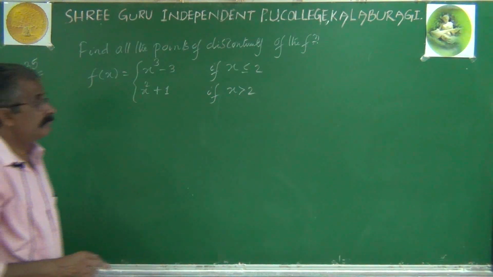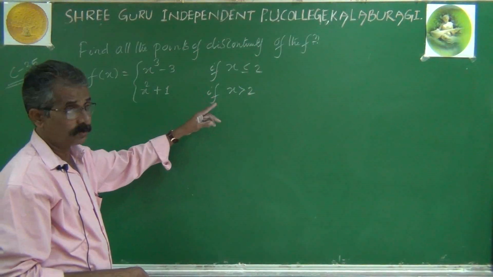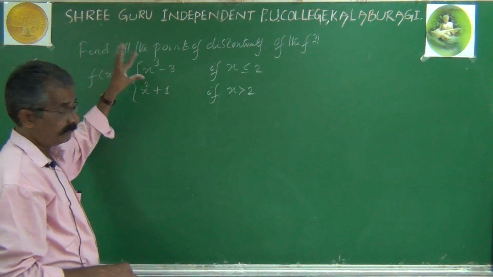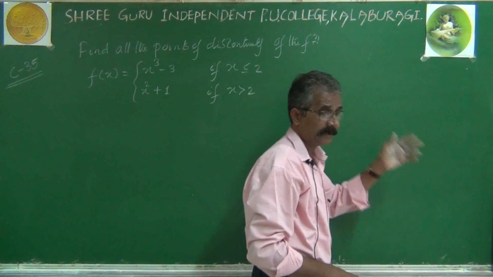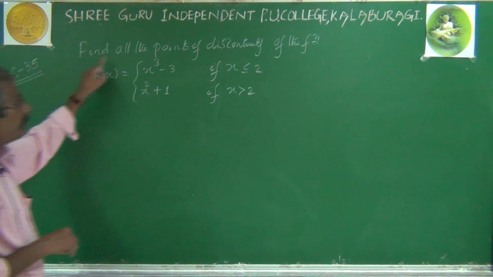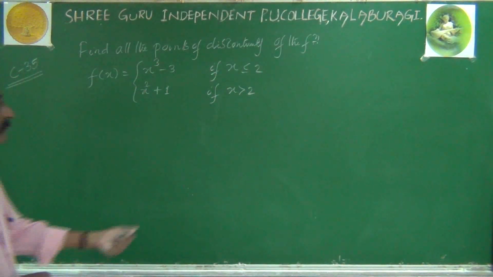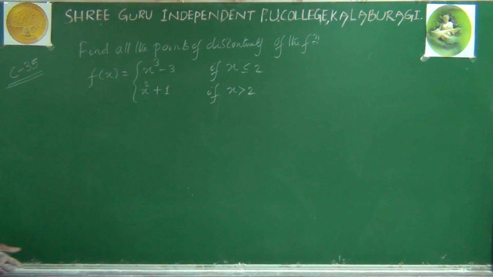Here you don't go for finding continuity only at x equal to 2, because the question is not like that. If the question is to determine whether this function is continuous at x equal to 2 or not, at that time don't analyze x less than 2 and x greater than 2. But here, understand correctly, you have to get all the points of discontinuity. Means for each and every value of x, for x less than 2, for x greater than 2, for x equal to 2, we have to test whether the function is continuous or discontinuous. Solution.